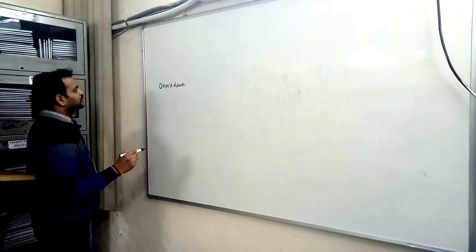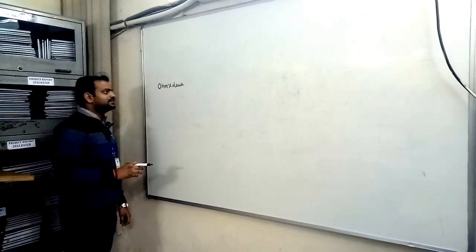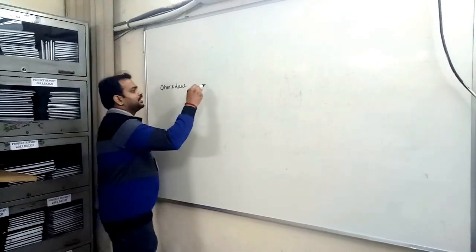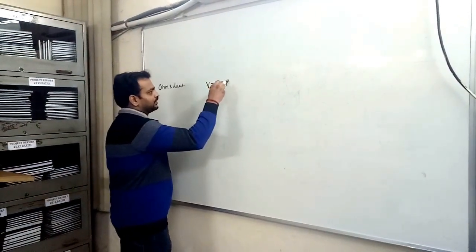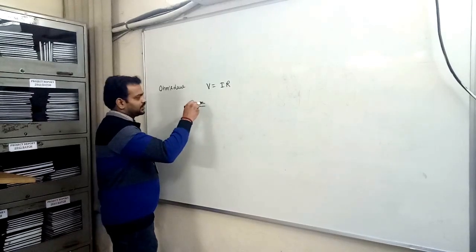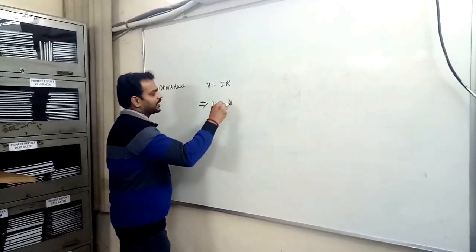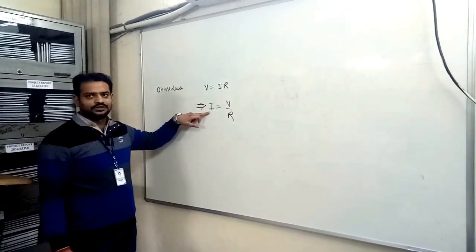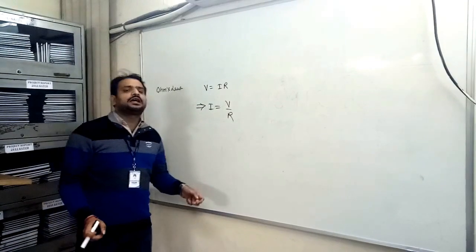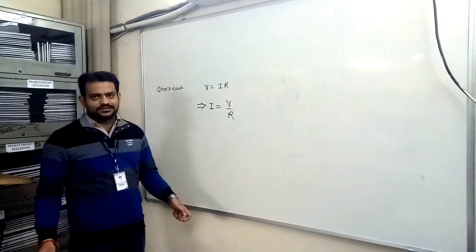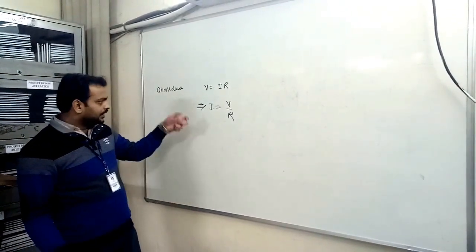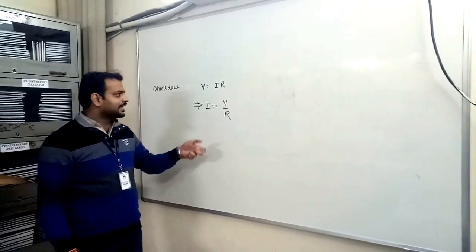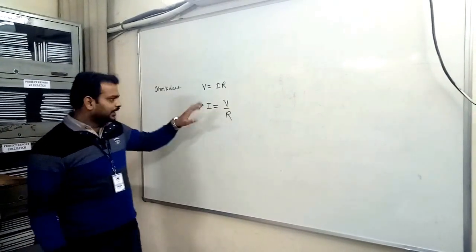Ohm's law is studied in two ways when we start studying KVL and KCL. We know that V is equal to IR, but in fact some scientists say I is equal to V upon R, because V is the excitation and I is the response. I will explain this. When we apply some voltage across any resistance, the current passing through this resistance is the response, and the excitation is this voltage. In KVL